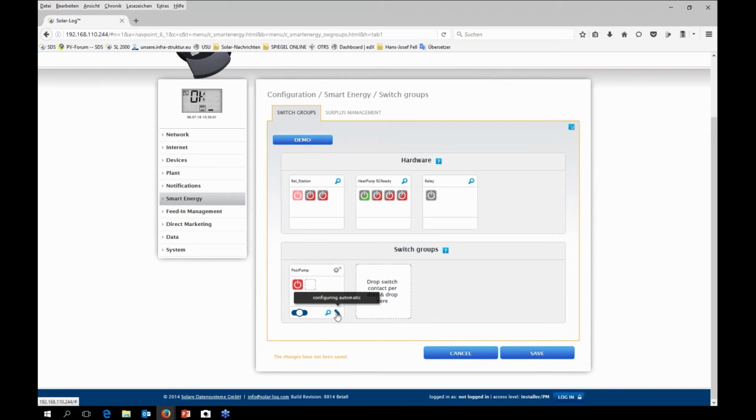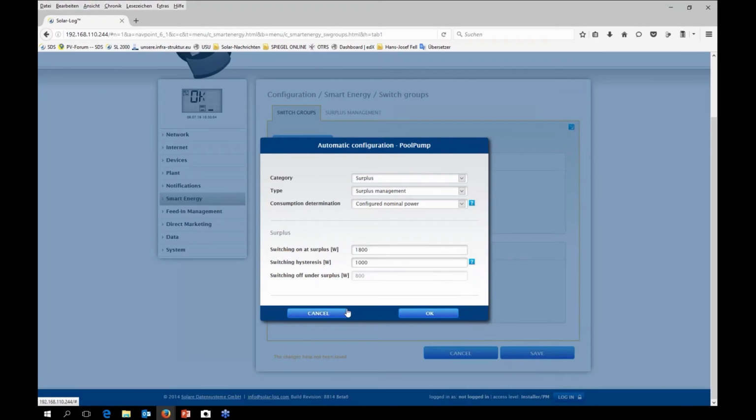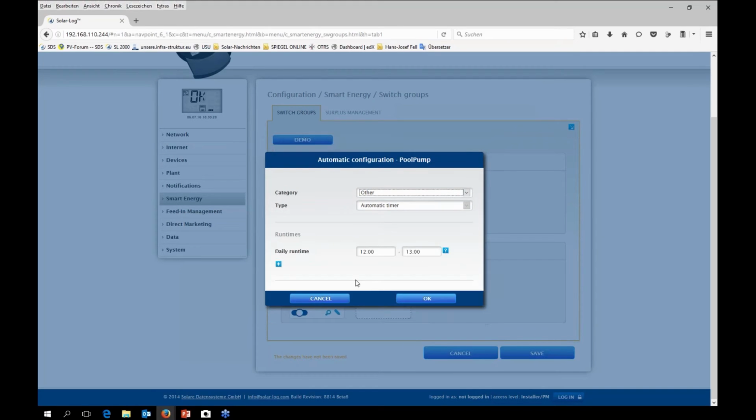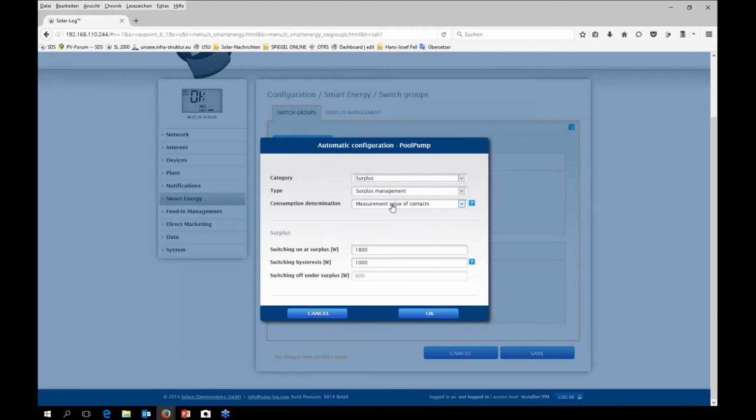If you stay with automatic, you can configure it here. And what you see now are the configuration possibilities. We have different categories. We can choose surplus, production, consumption, device specific, which is more for heat pumps and heating rods, and others, and there you can find an automatic timer. But in most cases you will choose the surplus. So we take surplus and